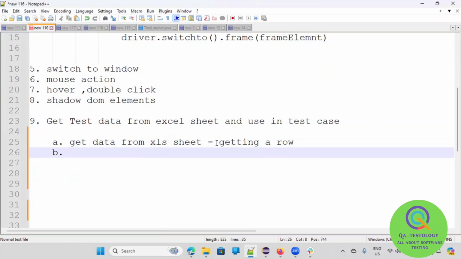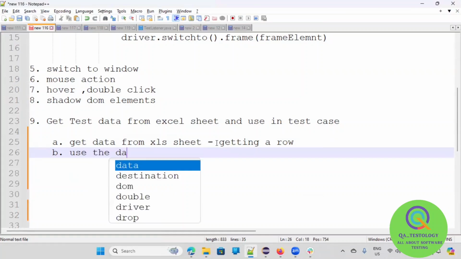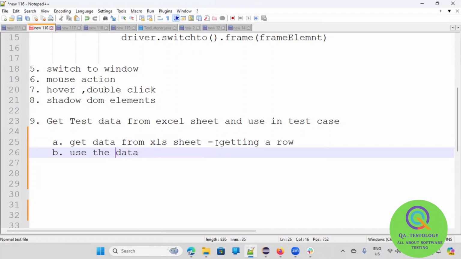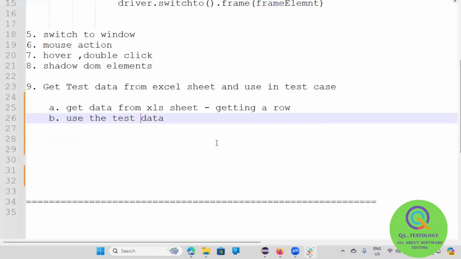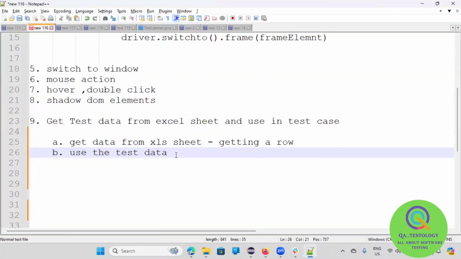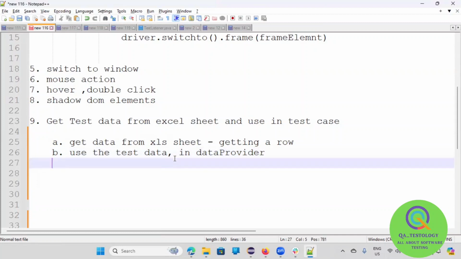is to use the data, or the test data, in data provider. So you should know the concept about data provider. In data provider. Okay. Now, the third thing is